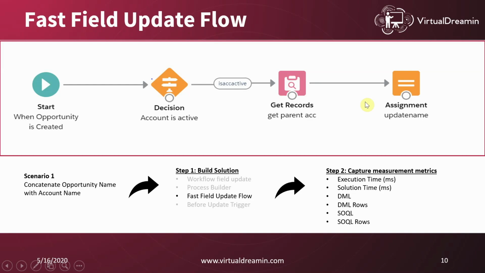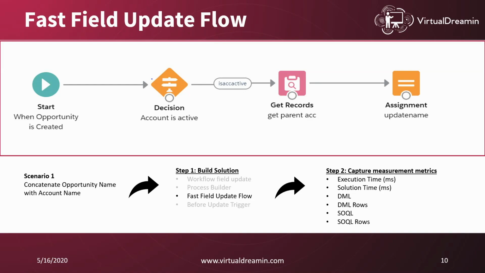But you might be thinking, if we have got a process builder solution, why do we need to go with a flow solution? The difference is in the order of execution. That is, if we have a process builder, it is always getting executed once the record is saved to the database. That means a process builder field update is going to consume a DML statement always.